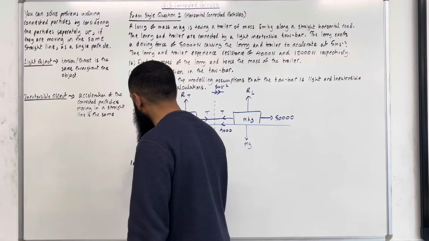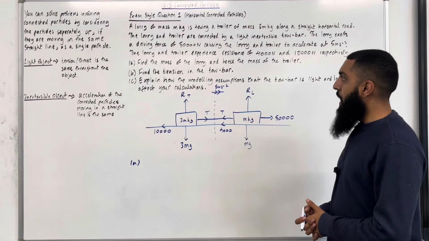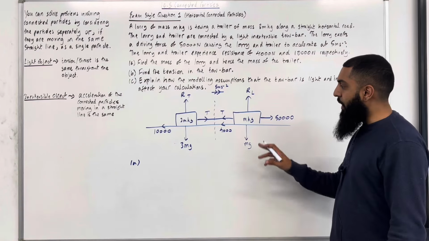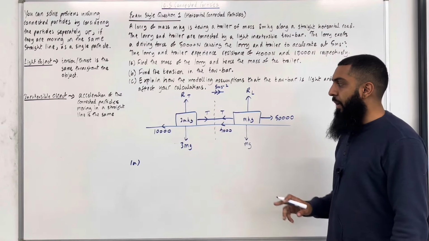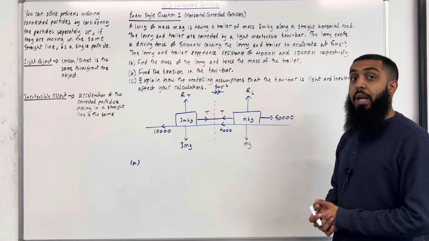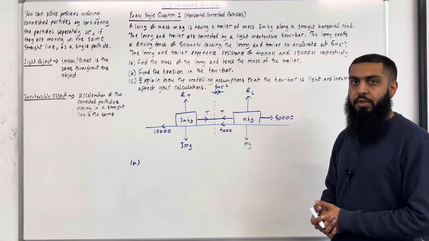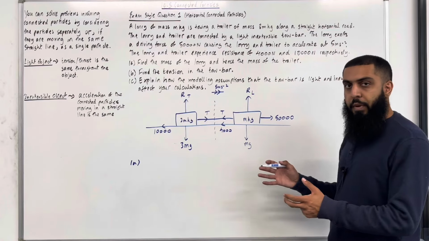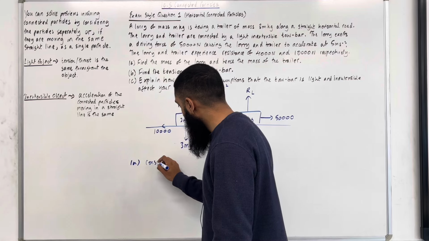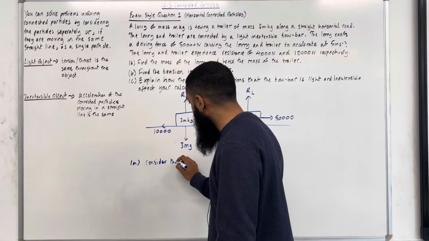Find the mass of the lorry and hence the mass of the trailer. So we are trying to work out the value of m and the value of 3m. To do this, I'm going to consider the system as a single particle to eliminate the need of working out the tension, T. This will become more clear shortly. So consider the system